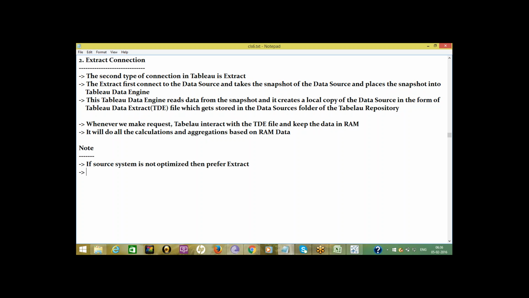Or if you have less amounts of data, then prefer extract.